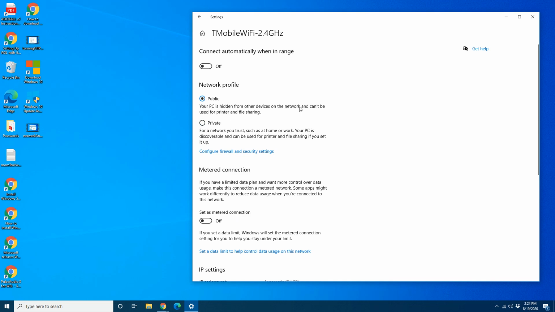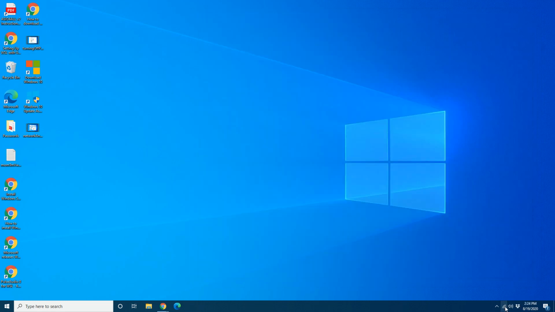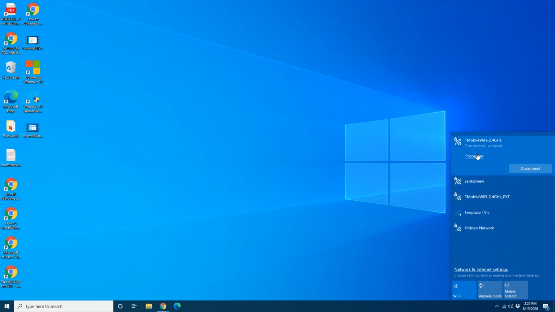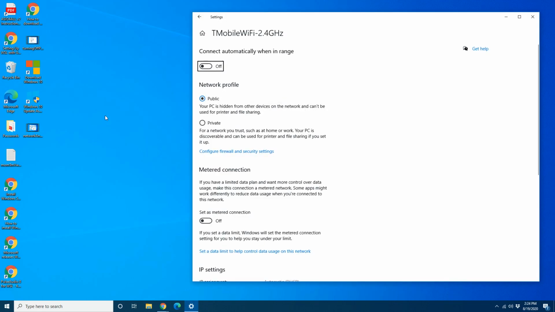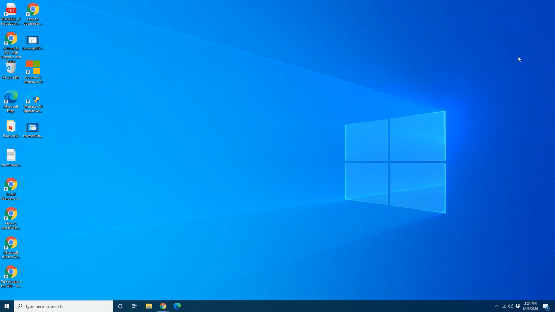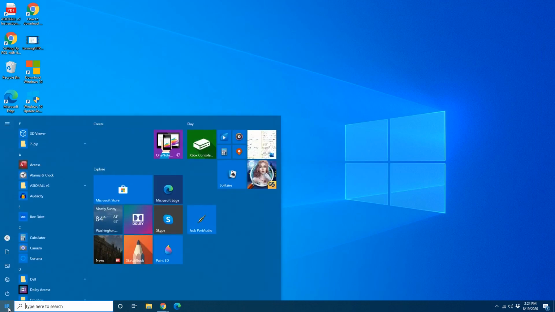And that means the PC is isolated from this other type of network traffic that is related to the PC being discoverable by people searching for printers or shared printers or file servers. All right, so we're going to leave it at public. And we're going to close this. So again, any network that you have, you'll want to click on the properties to see if it's public or private and make sure it's set to public. Okay. Now, we are going to start